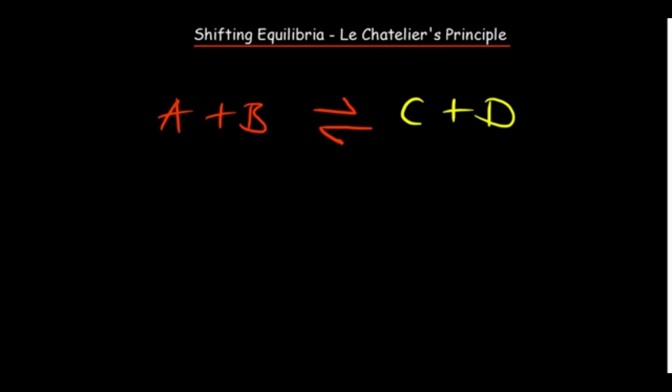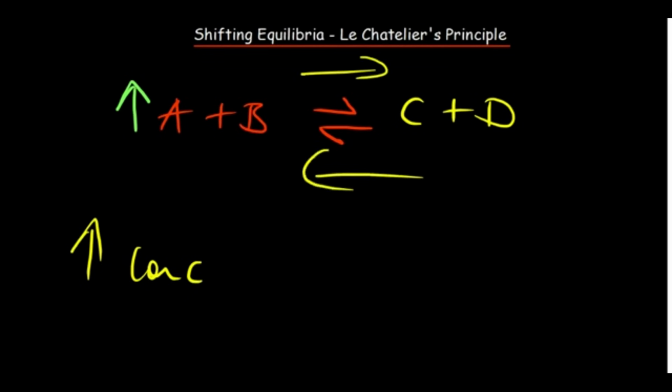Okay, so now what happens if we increase the concentration of, let's say, A or both? So increasing the concentration of A basically is going to favor the forward reaction. Why? Because we're going to have more reactants. And of course, if you go back to your kinetics, you're very much aware that an increase in concentration leads to an increase in the rate of the reaction. Now, in this case where we have both the forward and the backward reaction, increasing the concentration of A would